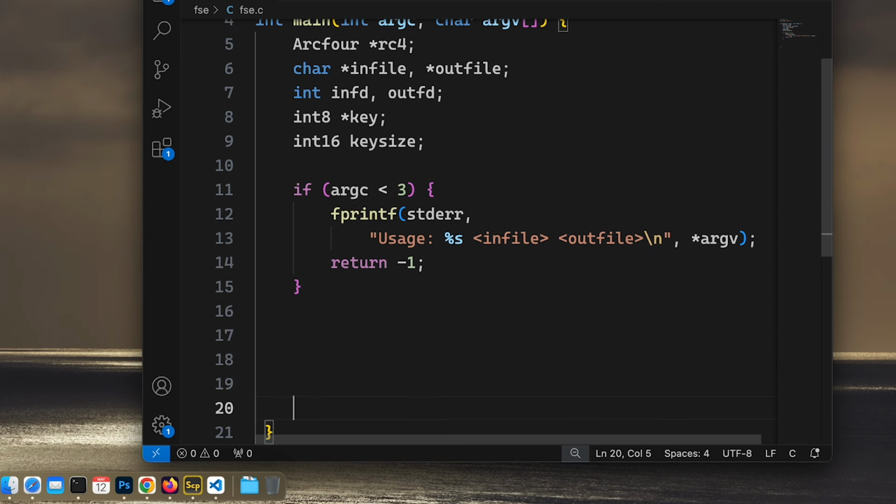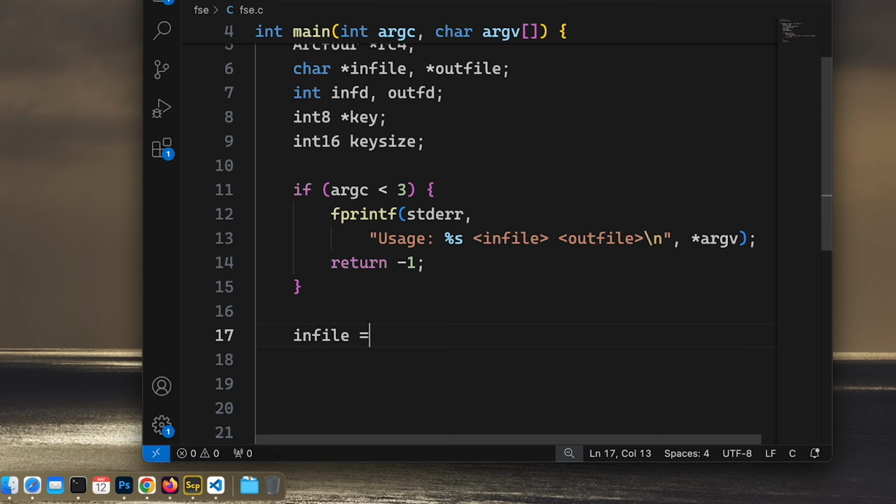And now that we have enough arguments, we can assign our in file to argv[1] and our out file to argv[2]. A little bit easier to handle, so we don't have to remember which these are. Next step is